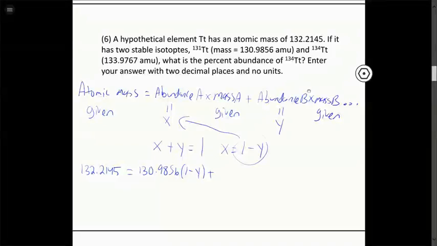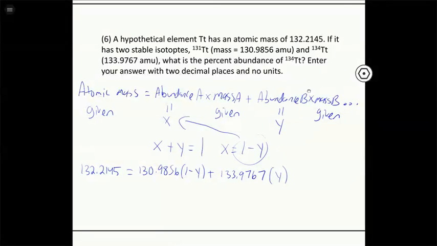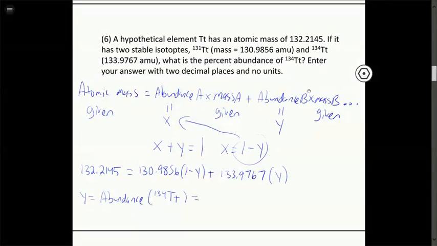The mass of the second isotope is 133.9767, and its abundance is given by Y. So this is the equation we have to solve for Y, the abundance of the second isotope, 134. And when we solve for this, we get